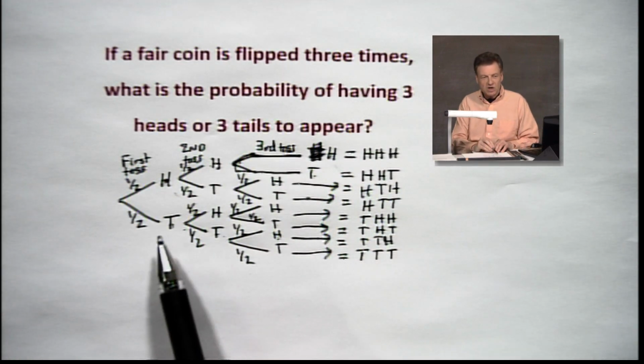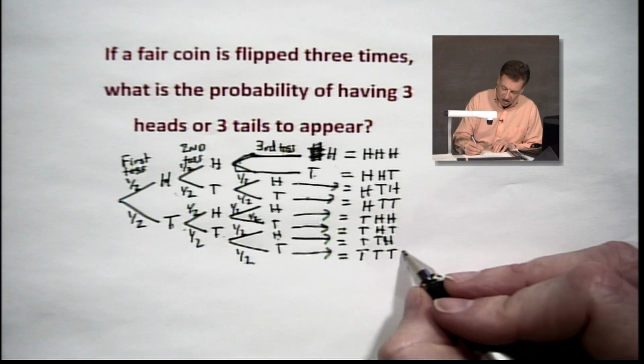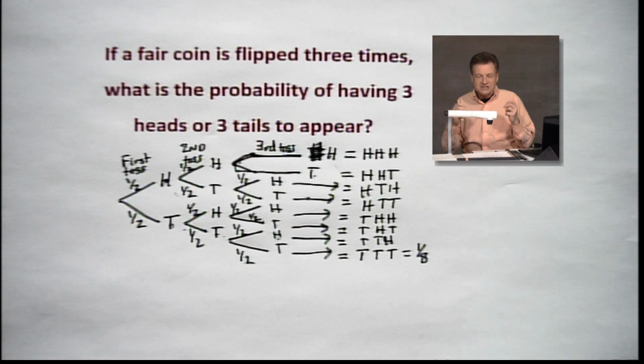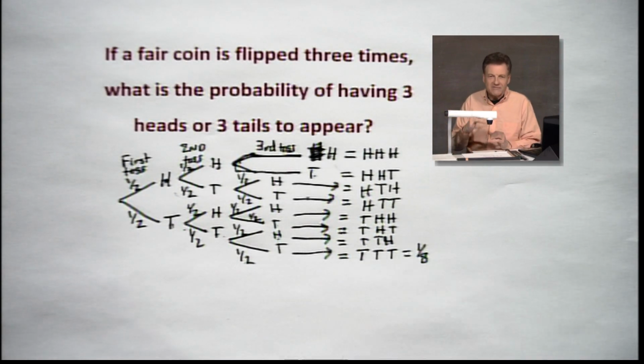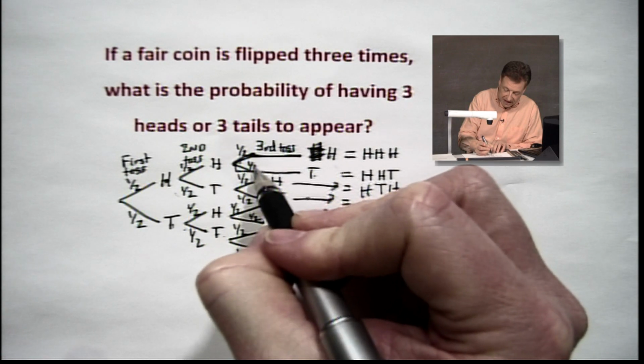And look what happens. We're going to multiply. Yes, we're going to multiply. 1/2 times 1/2 times 1/2, which is going to give us 1/8. These are what we call independent events because the probabilities don't change as the game plays on. It's still 1/2 each time. So it's an independent set of events. By the way, this one's going to be a 1/2, and this little guy's going to be a 1/2 here.